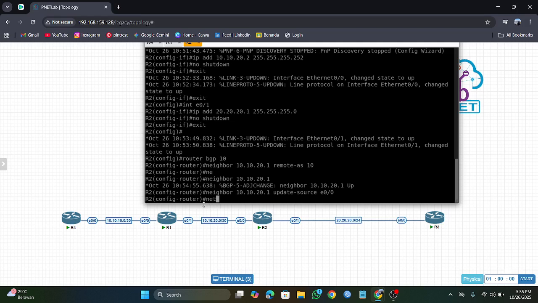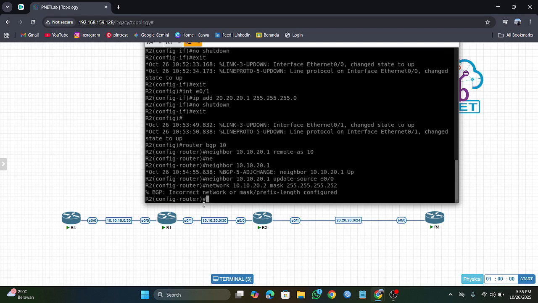And you tap network, then 10.20.2 and subnet mask. Okay, and enter, and then